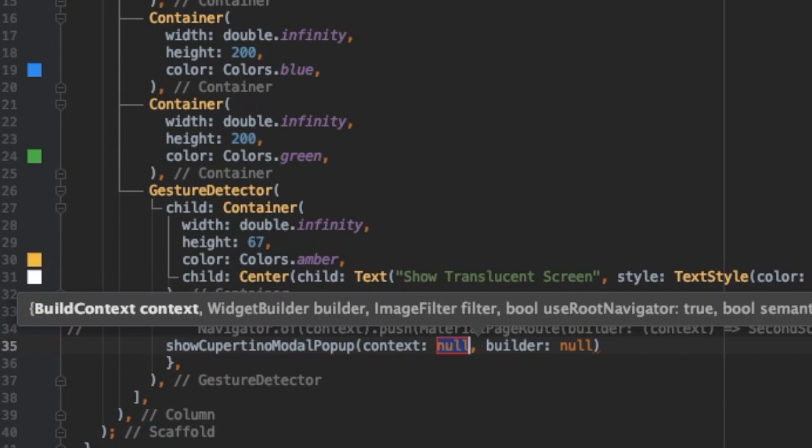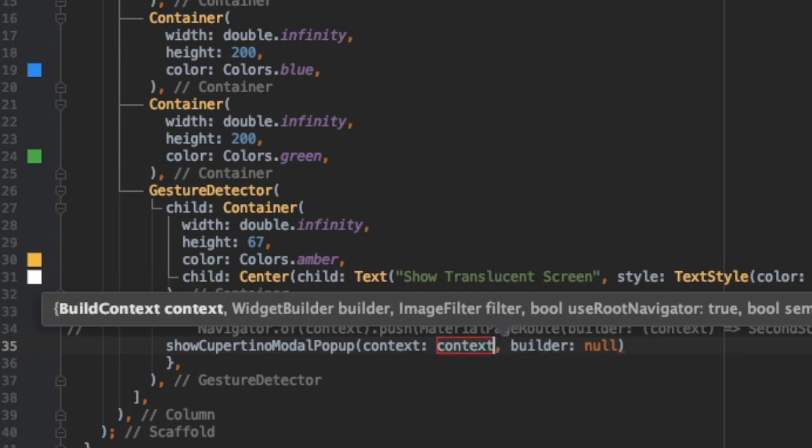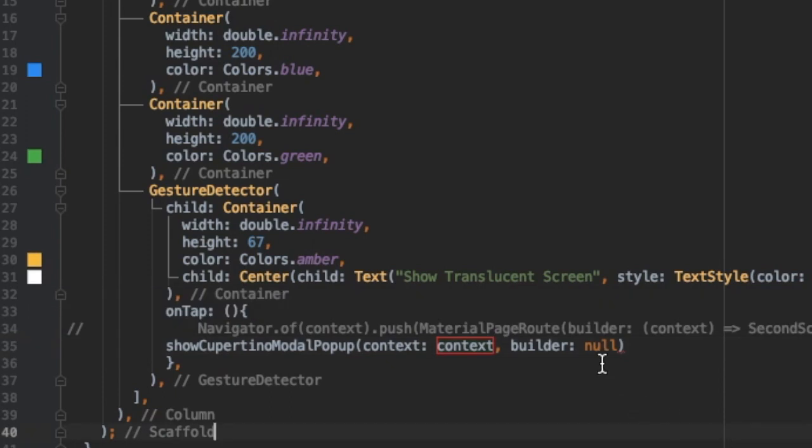It's a very simple and easy trick, one of the best tricks. Simply context, and builder, we are going to create our context and SecondScreen.